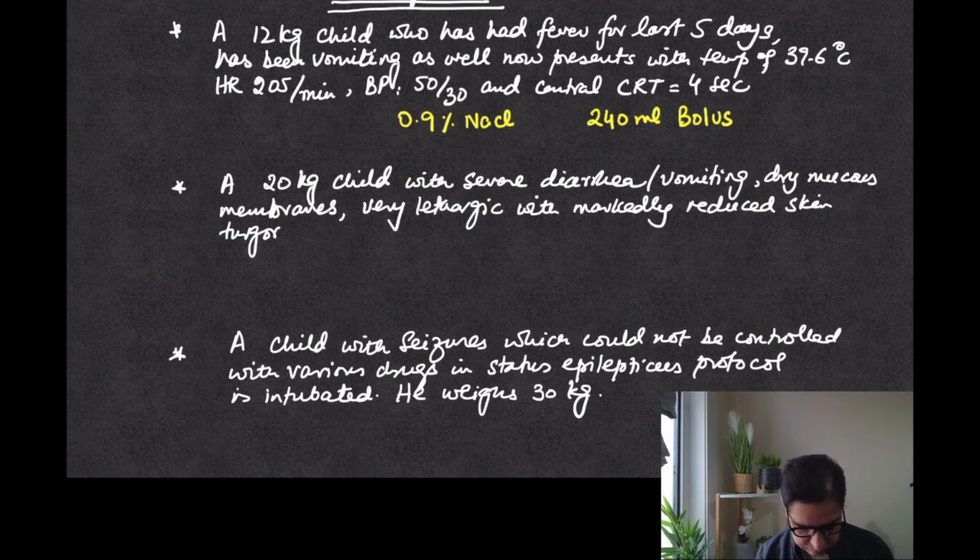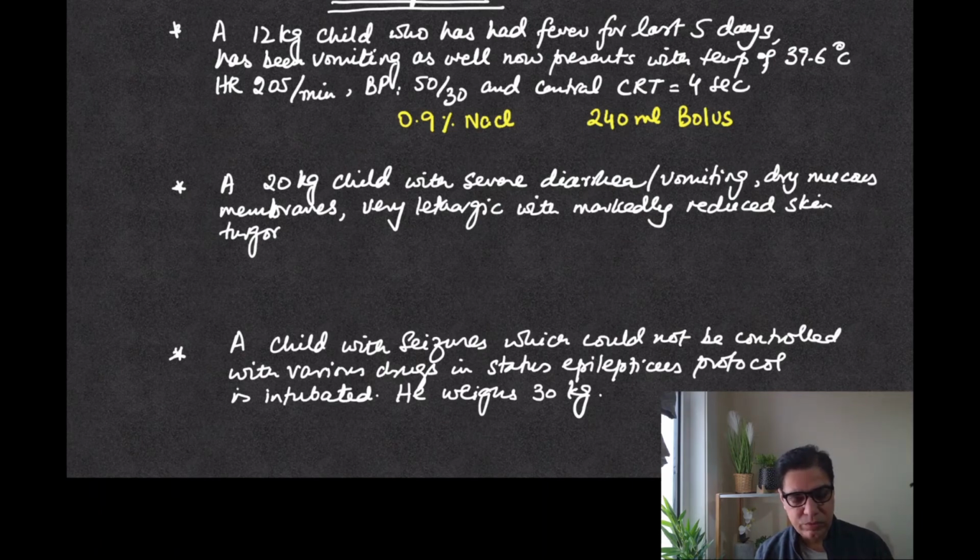Then the second example is a 20 kg child with severe diarrhea and vomiting, with dry mucous membranes. He's very lethargic. He's got markedly reduced skin turgor. So what does this mean? The 20-kilogram child with diarrhea and vomiting and severely reduced skin turgor means he's got severe dehydration, which means 10% dehydration. So this child needs